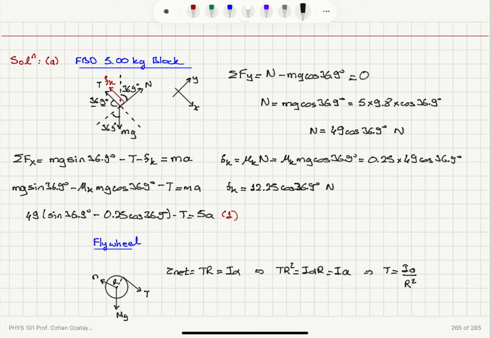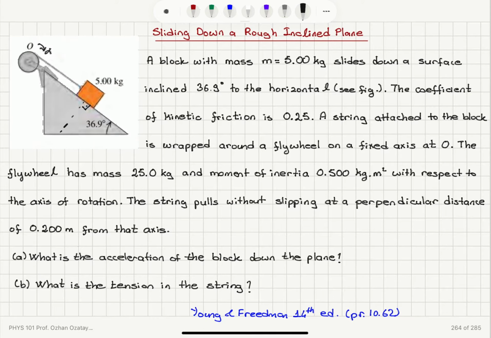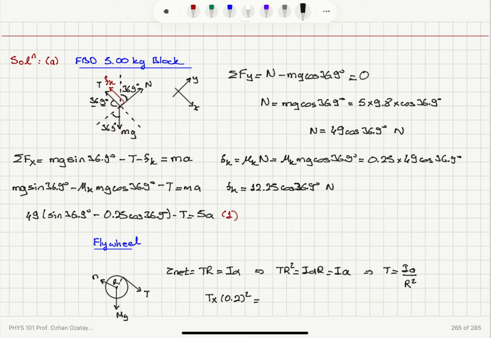So tension times r squared, 0.2 squared, is equal to 0.5 times a. So the moment of inertia was 0.5, so it is 0.5 times a, and the tension is 12.5 a. This is our equation number 2, which we obtained using Newton's second law of rotational form for the